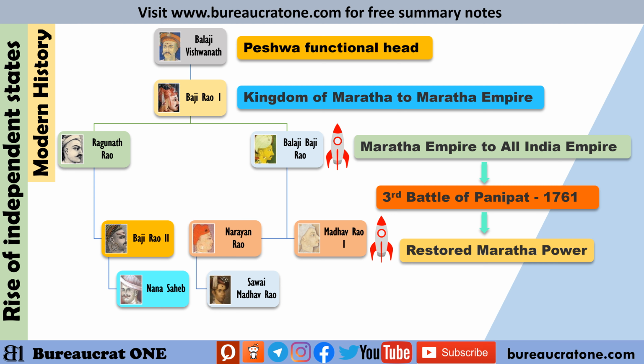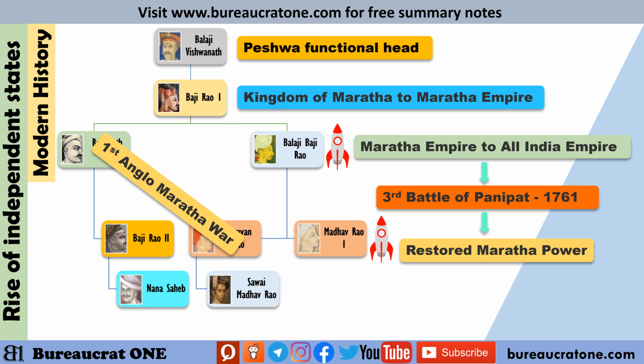But civil war broke out between Narayan Rao and Raghunath Rao, in which Narayan Rao was killed and his son Savai Madhav Rao became the next Peshwa. Disappointed by this, Raghunath Rao intrigued with the Company against the Peshwas. This power struggle led to the First Anglo Maratha War, when Raghunath Rao intrigued against the Peshwa with the Company's help.